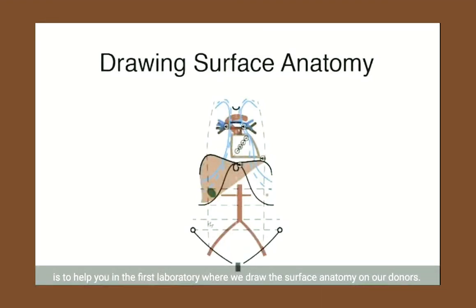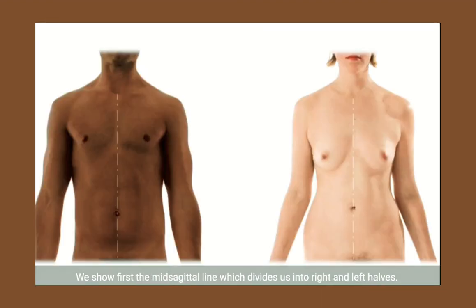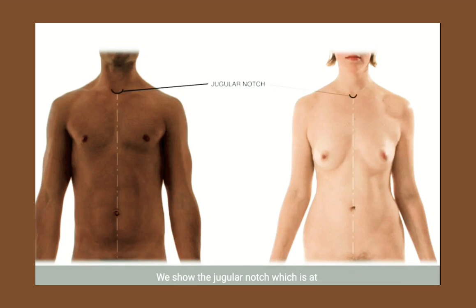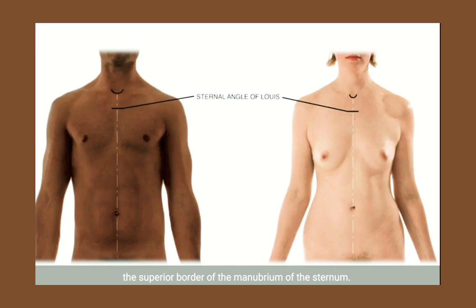Anatomy on our donors. We show first the mid-sagittal line, which divides us into right and left halves. We show the jugular notch, which is at the superior border of the manubrium of the sternum. And we now show the sternal angle of Louis, where the manubrium and body of the sternum meet, and this